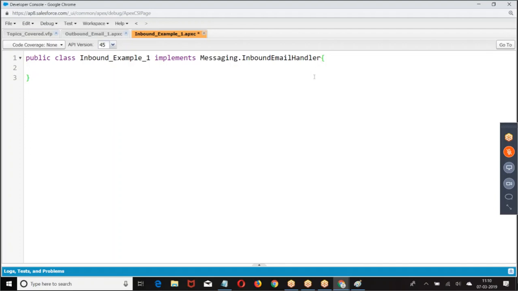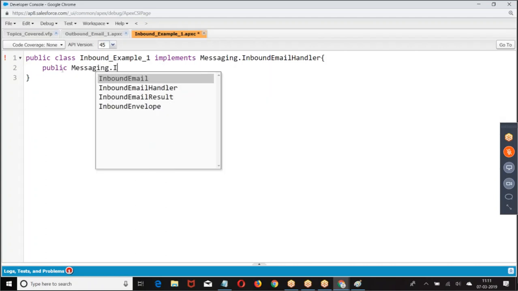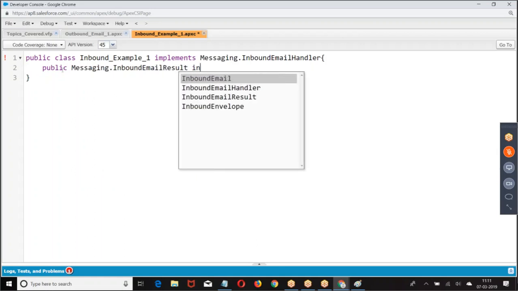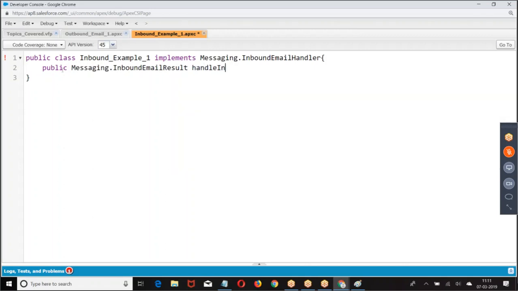If a class wants to handle the email which is sent by the third party, the class has to implement Messaging.InboundEmailHandler. Then any class implementing this interface has to define a method called handleInboundEmail.